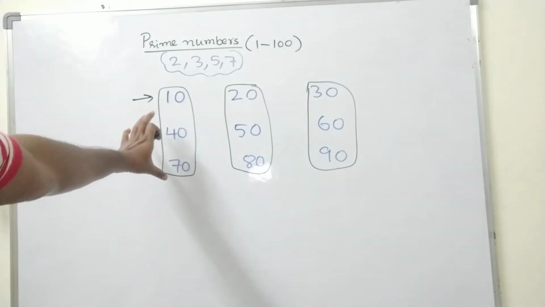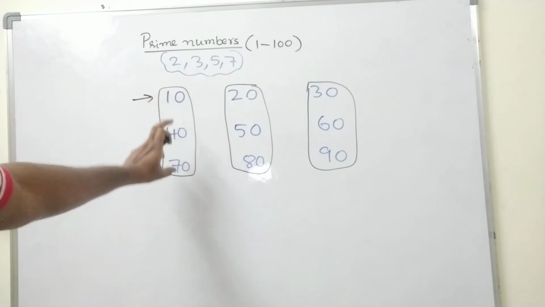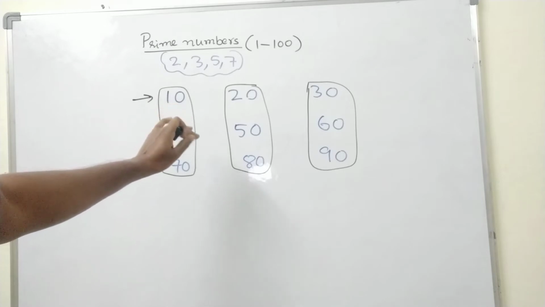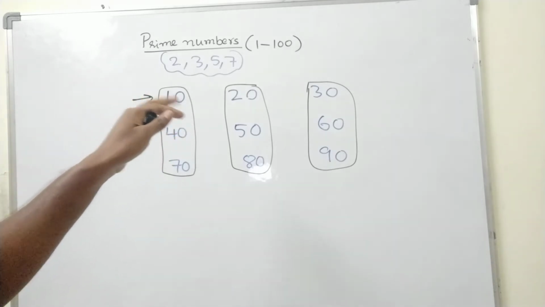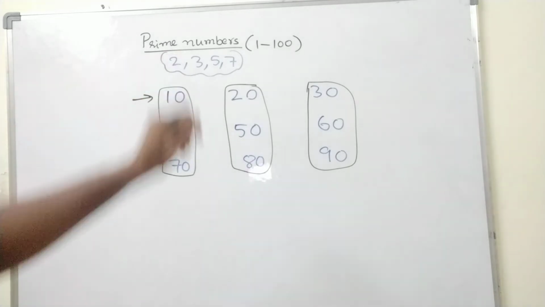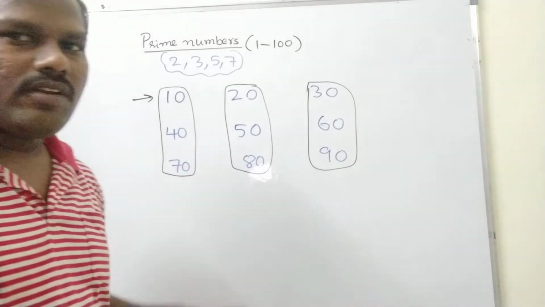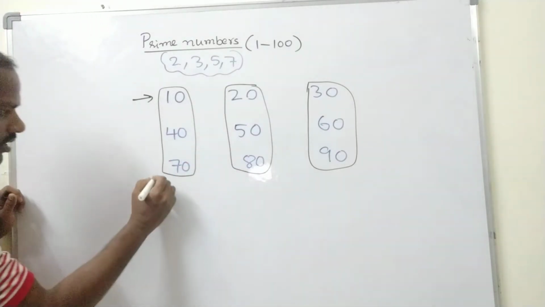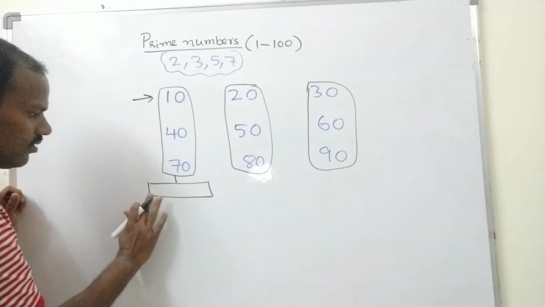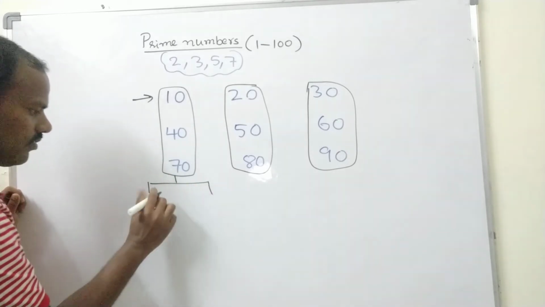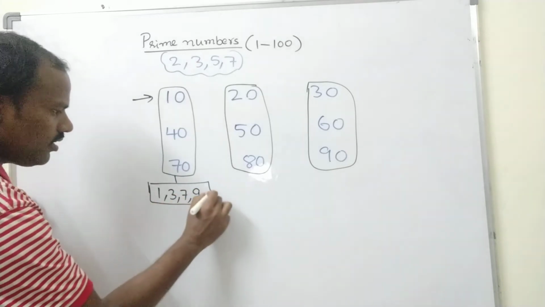Now after writing this way, mostly all the prime numbers will end with 1, 3, 7, 9. Most of the prime numbers end with 1, 3, 7, 9. Only one number will end with 5, and that is a single digit. I will write all the numbers. These numbers will end with the digits 1, 3, 7, 9, only.